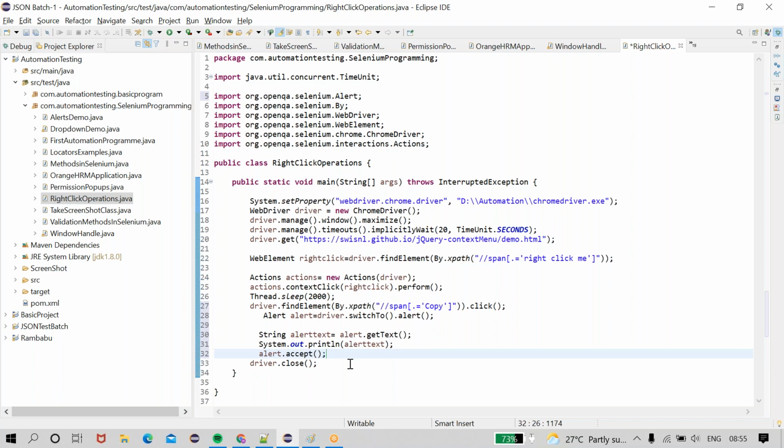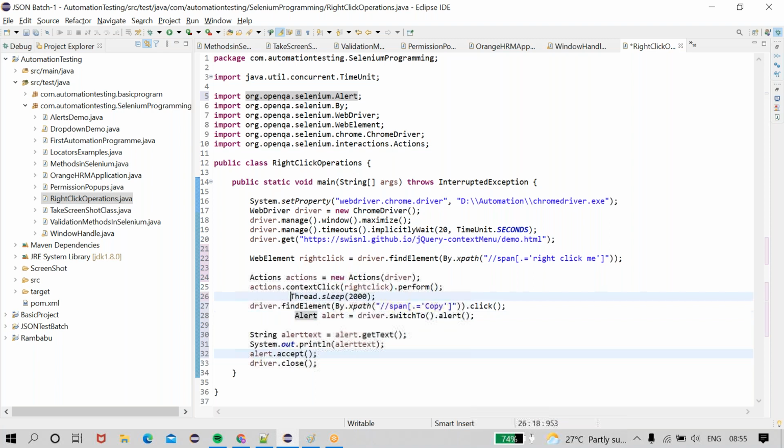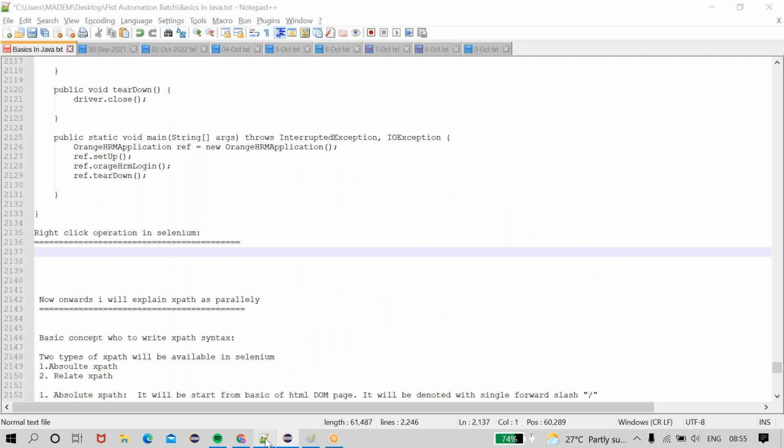See, the code is in a zigzag manner. If I want to rearrange it, the code looks zigzag like this. We want to arrange it in the right manner. For that we use Control Shift F. Make a note.